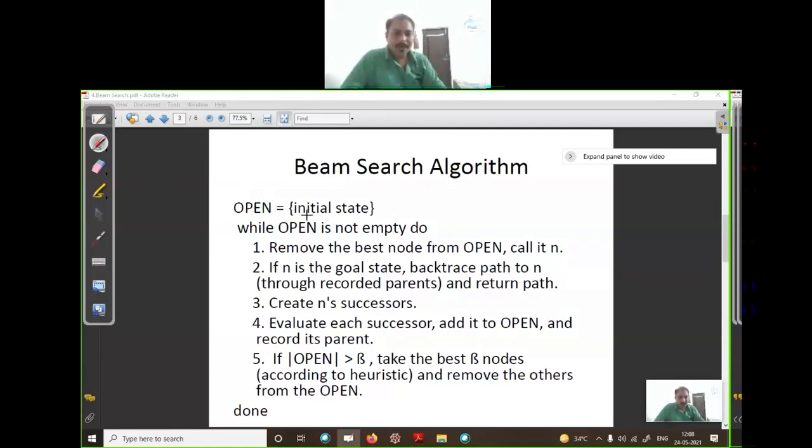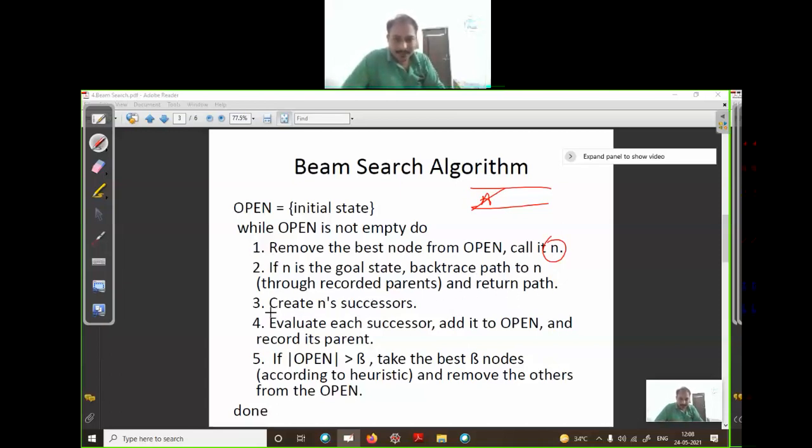We start from the open list, enter the initial node and explore that node, remove the best node from the open list, and call it n. Means there is an A, we call this node n and explore it. If n is the goal state, we backtrack the path through which we reached that node.